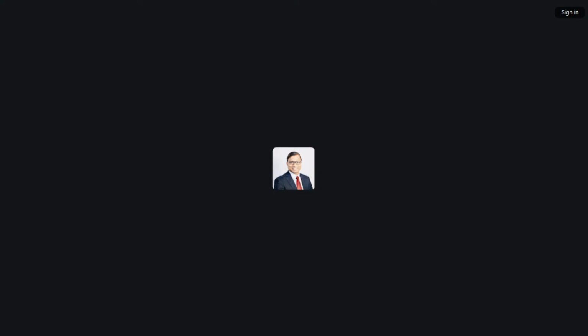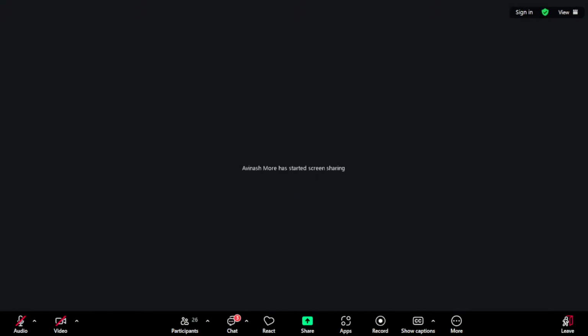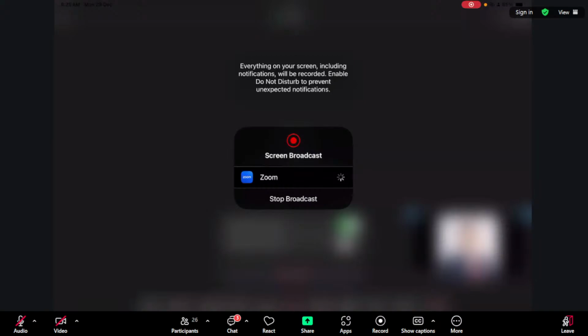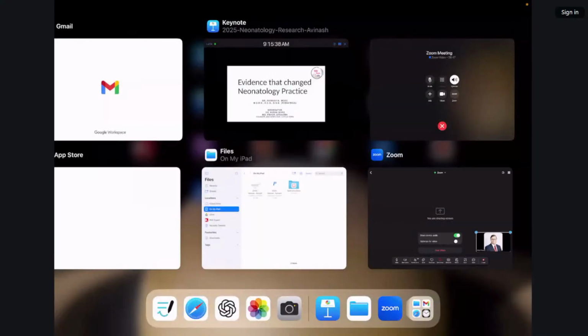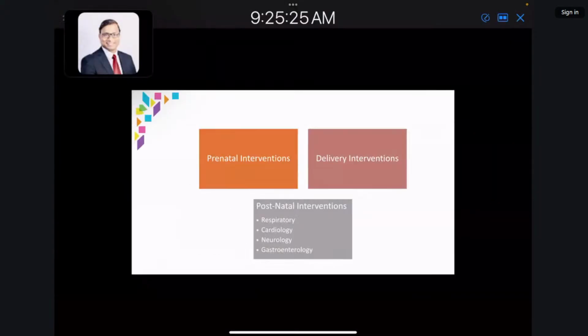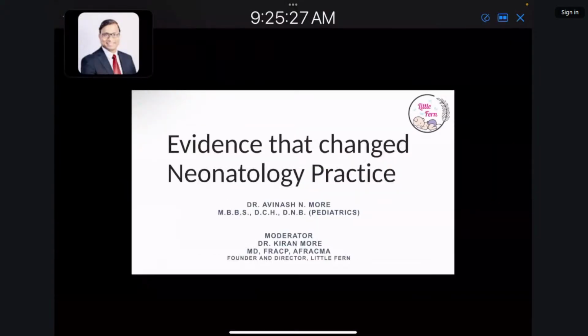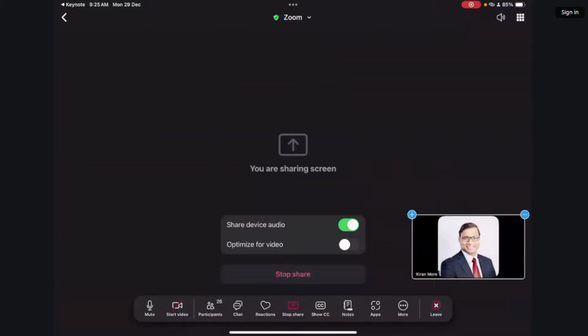Might just comment while I think Avinash is loading the slides. There was intrinsic bias, like, dopamine 10 is not equivalent to 0.2 of norepinephrine. It's equivalent to 0.1. So the starting dose of norepinephrine was very high. I don't know, they should have been head to head, 10 versus 0.1 as the starting dose, or they should have started with 5 mics versus 0.05. Anyway, it has not shown a difference, but